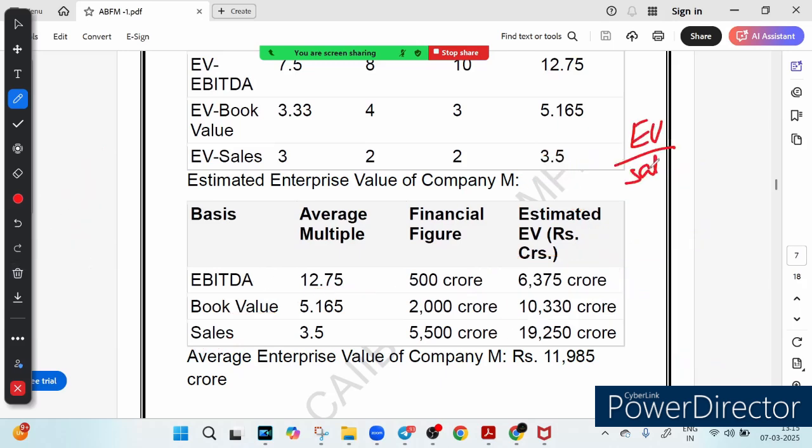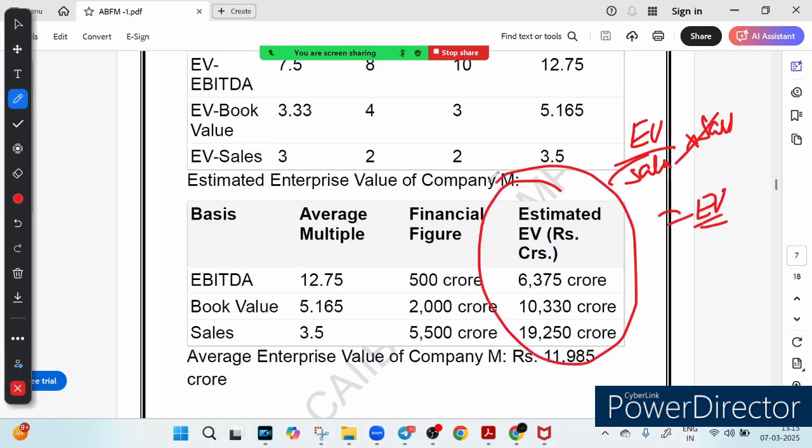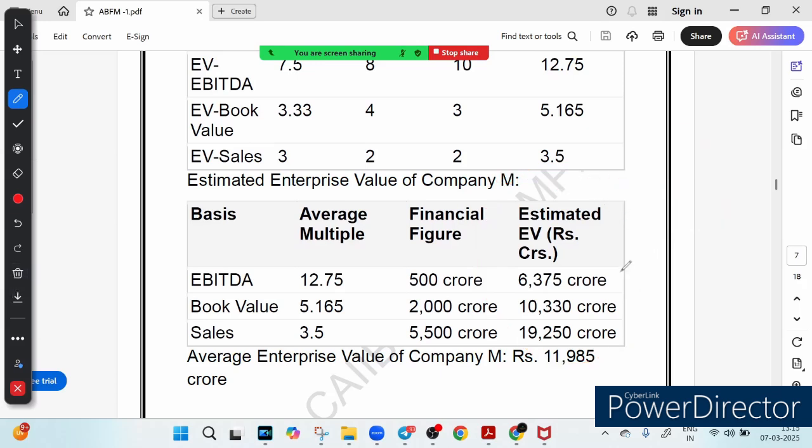Now let's look at some multiples, of which the first multiple is PE. Have you ever wondered why some stocks seem expensive while others look cheap? You might have seen the stock value. Some stocks are expensive, some look cheap. So the PE ratio is like the price tag for the stock. So if we talk in the simple way,